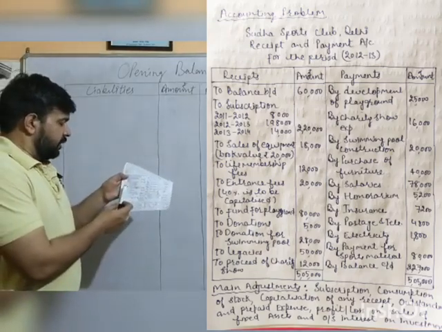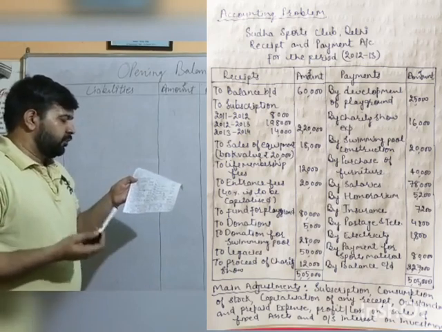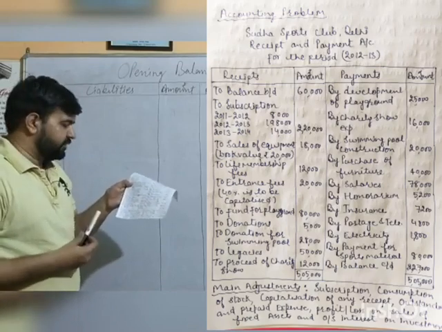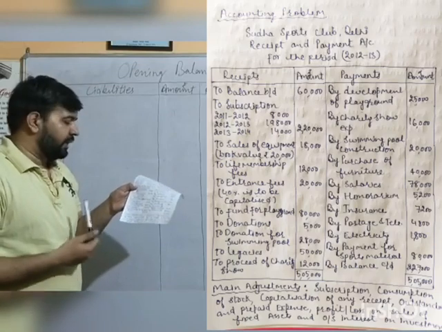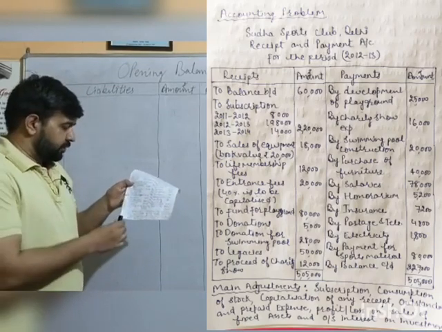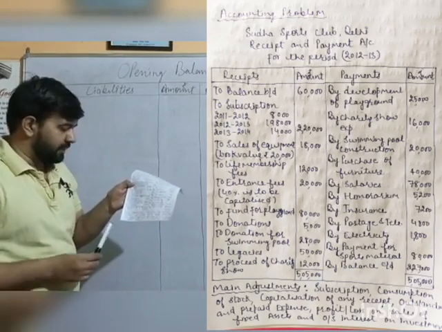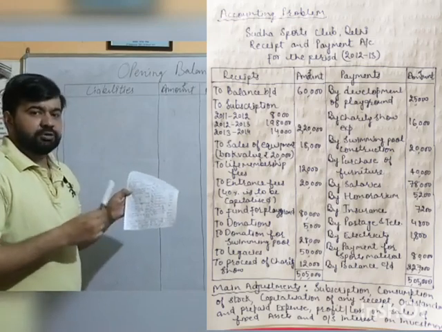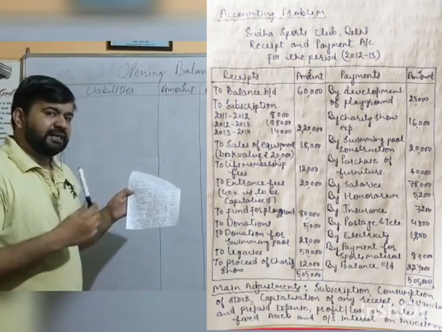Then we have the fund for playground. We have received an endowment fund of 80,000 rupees for the playground. It will also be capitalized and transferred to the liability side of the balance sheet. Donations: these are general donations because no other word is added with the word donations, so 5,000 goes to the income side of the income and expenditure account. Donations for swimming pool: this is a special nature donation, to be transferred to the liability side of the closing balance sheet, because all these receipts we have got during the financial year are to be transferred to the balance sheet or income and expenditure account at the end of the year.